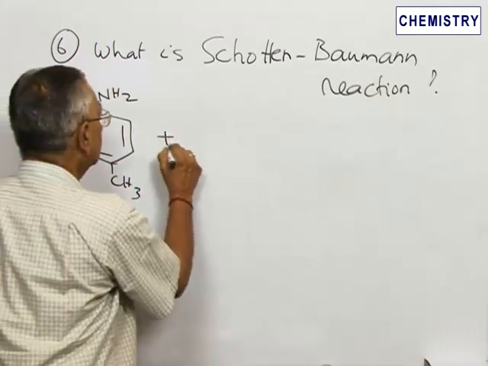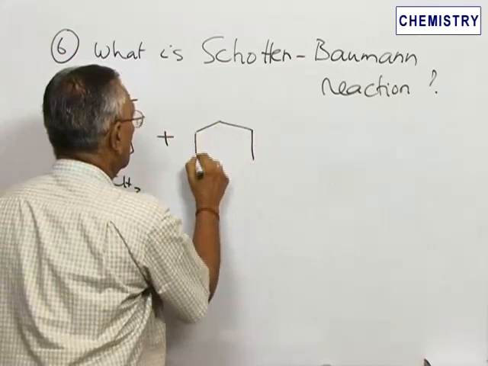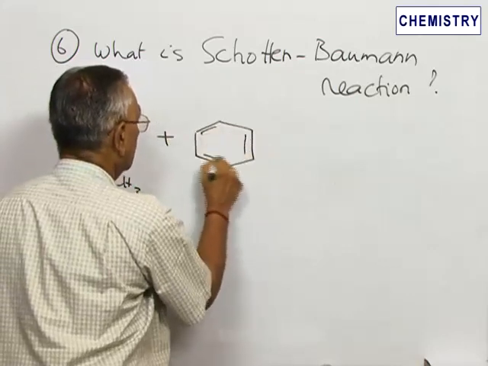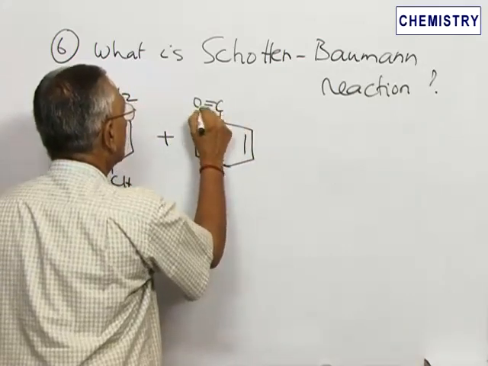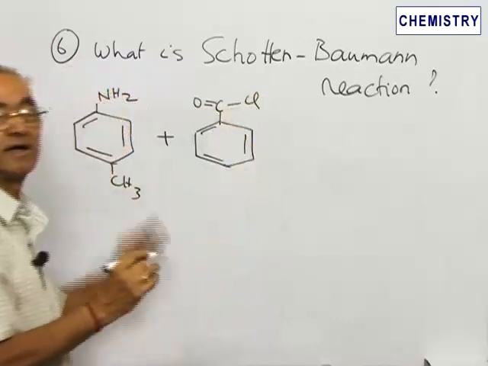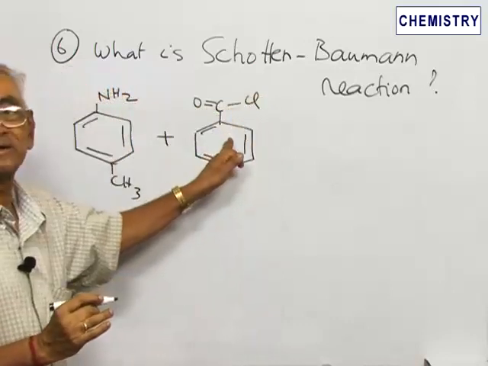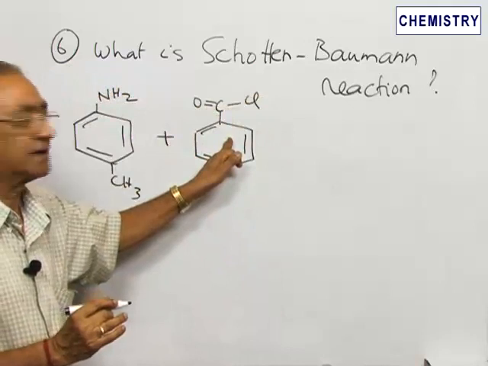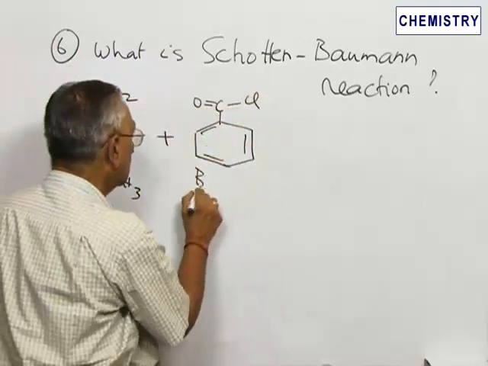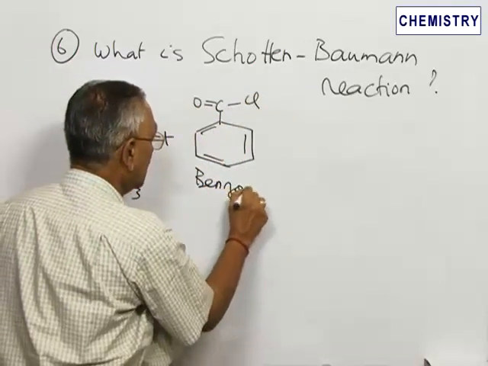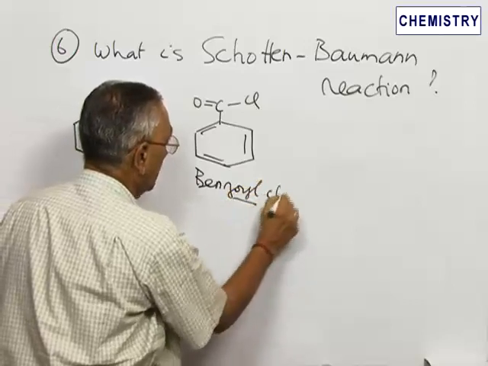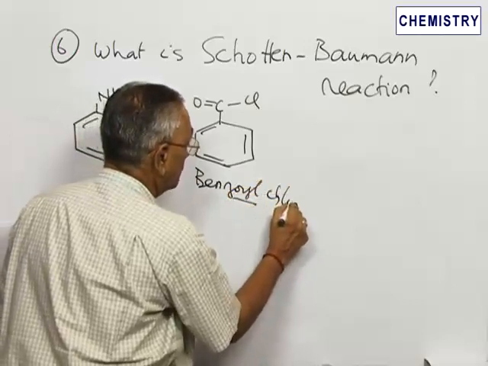When it is treated with a compound known as benzoyl chloride, this is the acid chloride of benzoic acid. Just like acetyl chloride corresponds to acetic acid, this acid chloride corresponds to benzoic acid. This is known as benzoyl chloride. This is not known as benzyl chloride, but this is known as benzoyl chloride. Now,